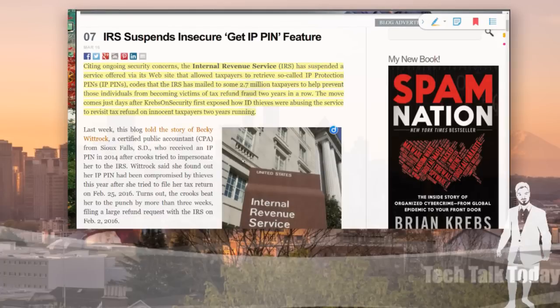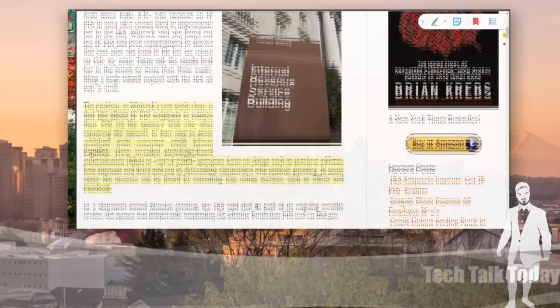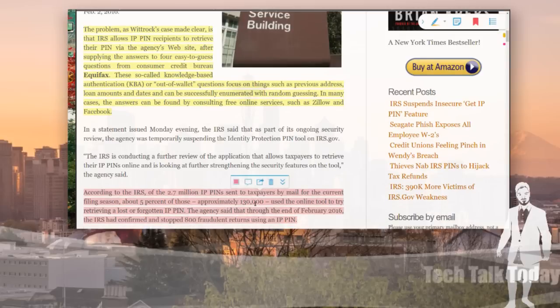Citing ongoing security concerns, the Internal Revenue Service has suspended a service offered via its website that allowed taxpayers to retrieve a so-called IP protection PIN, or IP PINs. These are codes that the IRS mailed to some 2.7 million taxpayers to help prevent those individuals from becoming victims of tax fraud for 2 years in a row now. Now, them shutting this down comes just a couple of days after Krebs first reported on this. You see, the problem was,